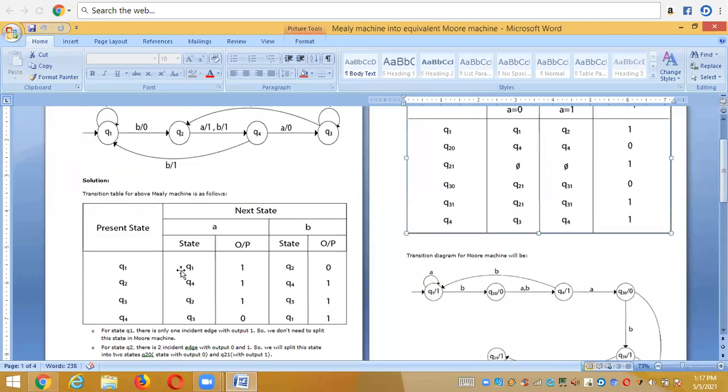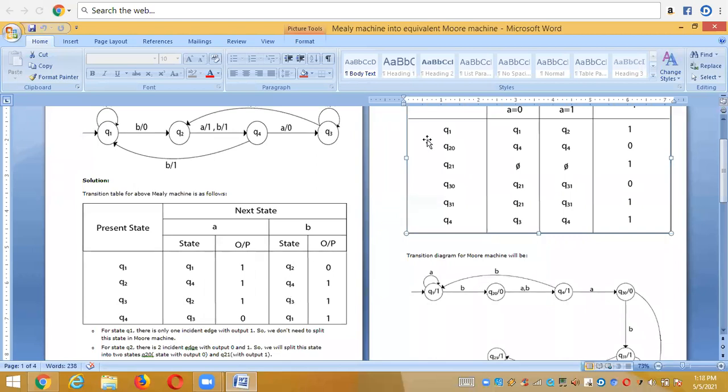Q1 output states as it is, and I need to give an output alphabet for the Q1. Actually, here I defined the Q1 as having a similar output alphabet with a 1. So I just gave 1, right? And now Q2. The Q2 state is split into two states, Q2 0 and Q2 1, right? And the same output states we need to copy, Q4 and Q4. There is no difference because Q4 is a single state. It does not split, right?